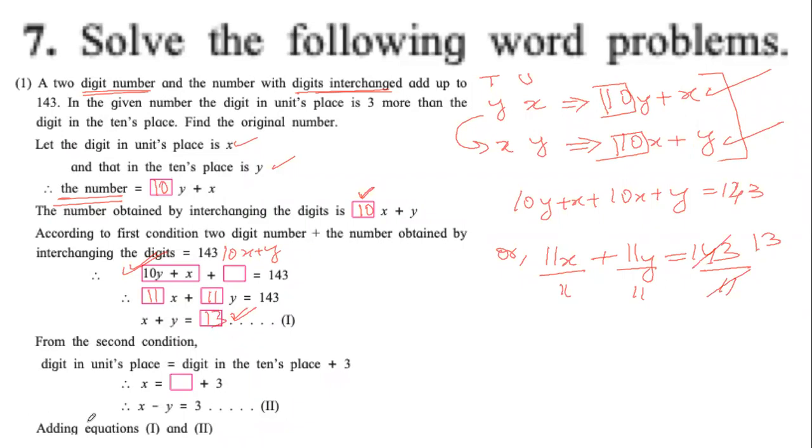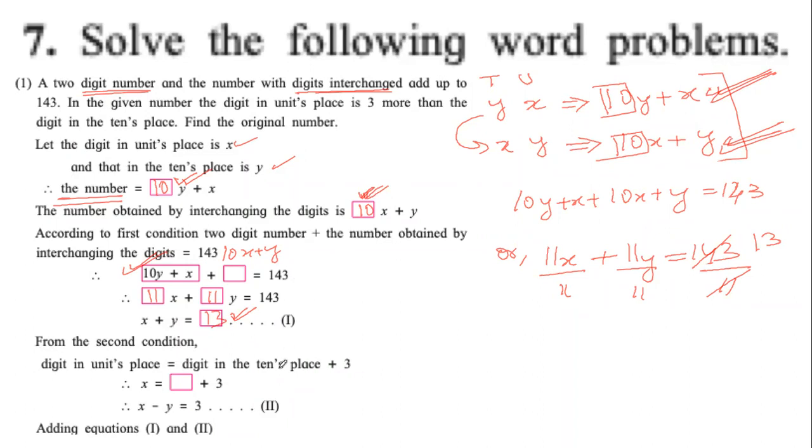So what have we done so far? The question tells us it's a 2-digit number and the answer says units place x and tens place we have the digit y. That is why the original number becomes 10y plus x. We know when we interchange the digits, x will be at tens place and y will be at the units place. So the new number will be 10x plus y using place value. So we could find out the first fill in the blanks as 10, the second fill in the blanks also as 10.